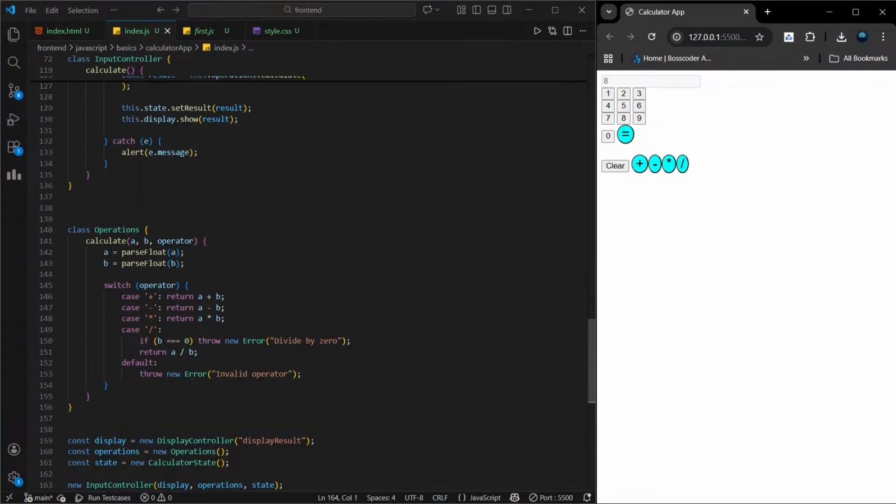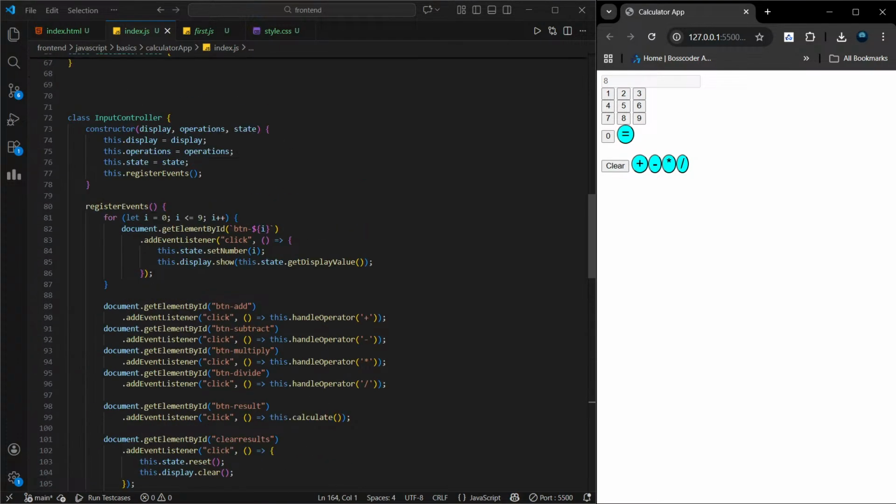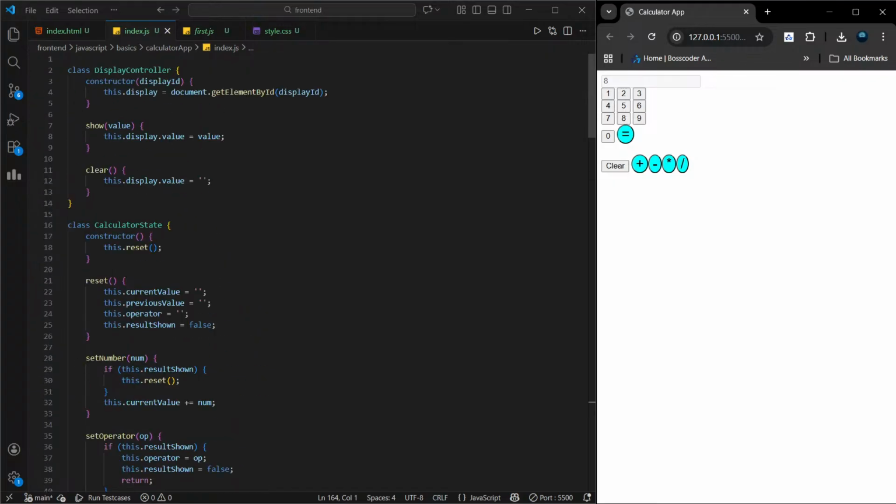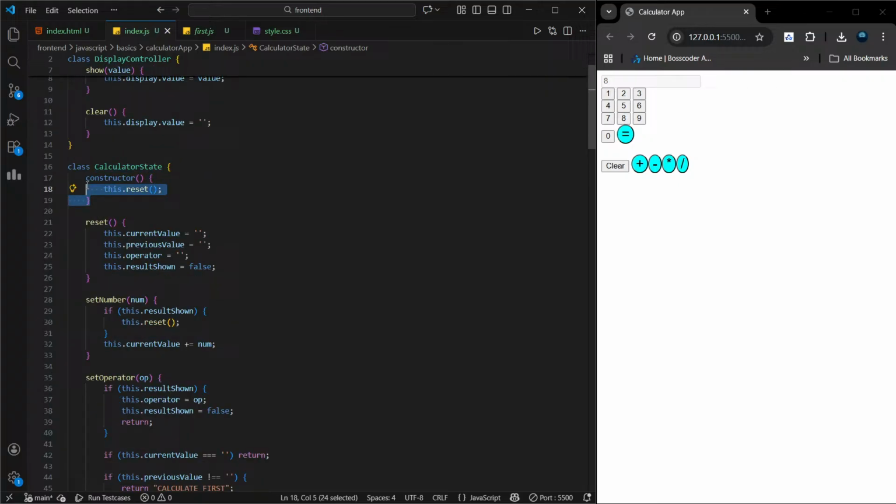सो आई थिंक अभी सिंगल रिस्पॉन्सिबिलिटी तो हैंडल हो रही है। वो कैसे? तो यहाँ पे डिस्प्ले कंट्रोलर बनाया। डिस्प्ले कंट्रोलर के कंस्ट्रक्टर में मैंने डिस्प्ले आईडी को पास कर दिया। जो भी इनपुट से आएगा वो डिस्प्ले आईडी होगा, है ना, और वो डिस्प्ले हमारा हो जाएगा इसके अंदर। फिर यहाँ पे शो और क्लियर दो वैल्यू बनाए मैंने डिस्प्ले कंट्रोलर में कि उसको दिखाना है या हटाना है। बेसिक सी वैल्यू है, तो क्लियर के लिए क्लियर वैल्यू एम्प्टी है। फिर कैलकुलेटर का स्टेट डिफाइन किया है जिसमें एक रीसेट आ गया। ठीक है, कंस्ट्रक्टर में बाय डिफ़ॉल्ट रीसेट ट्रिगर हो जाएगा।